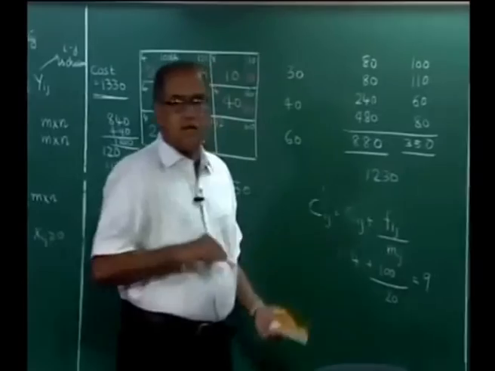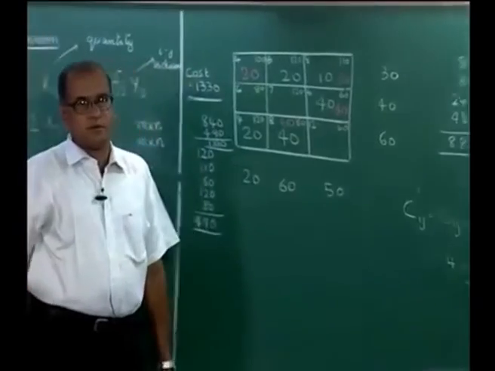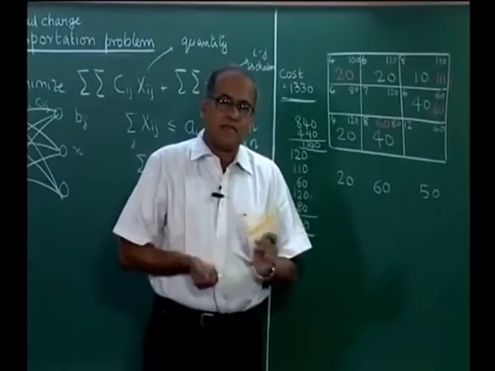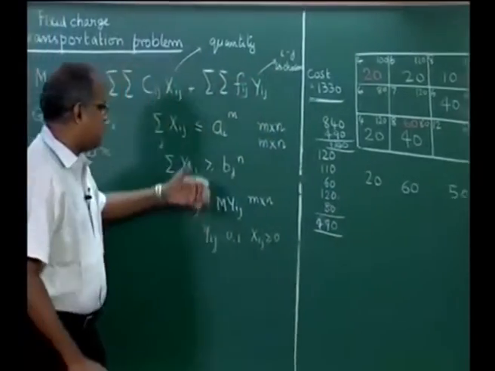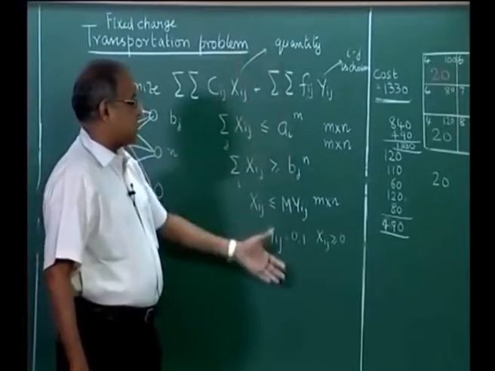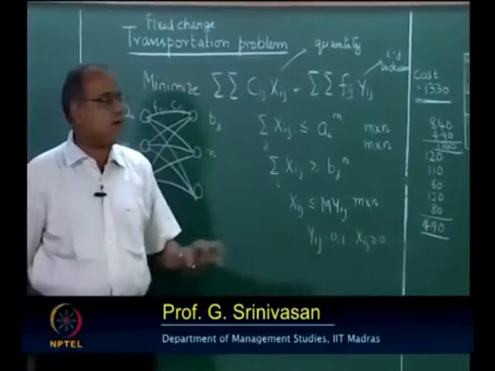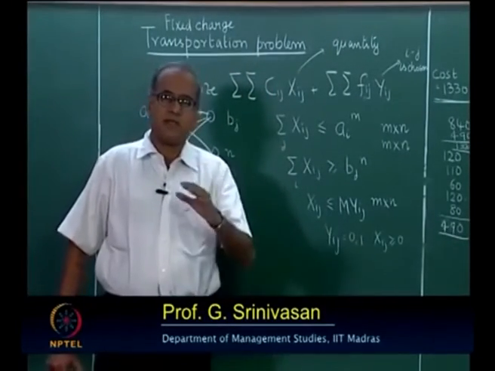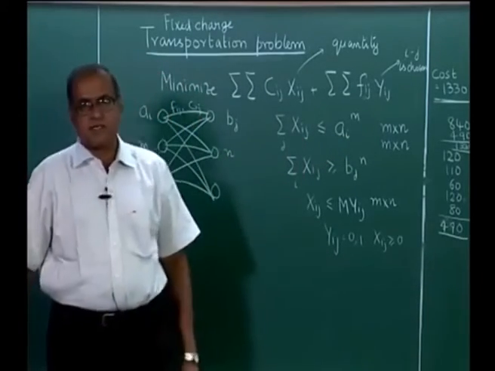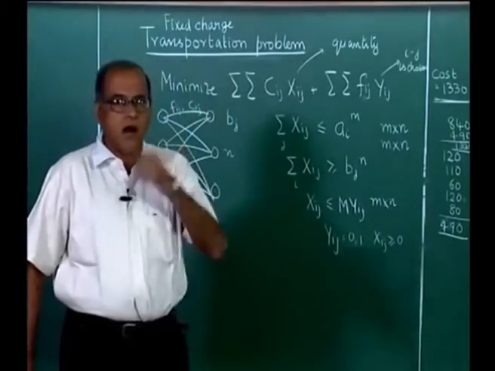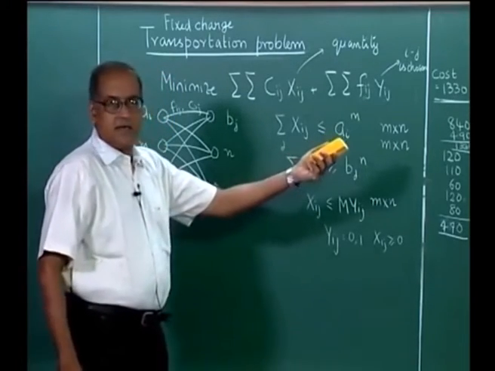But this thumb rule need not give us the optimum solution all the time. In this example, it has given us the optimum solution. There could be instances where this thumb rule may give a cost that is actually higher than the cost given by the optimum solution, which is solved using the integer programming. That is because from an operation research point of view, the fixed charge transportation problem is a hard problem, and therefore we do not have effective thumb rule based methods which can give the optimum solution in all the instances. In some instances it may give the optimum solution as it did in our example.